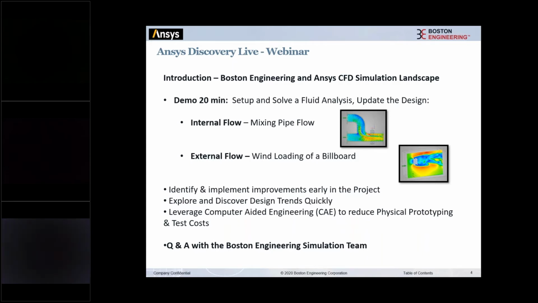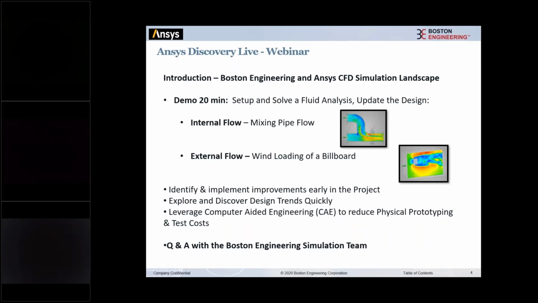A couple of things we wanted to highlight through the next few minutes are exactly what the advantages are of Ansys Discovery Live, particularly for fluids. If we want to make quick changes up front conceptually, and look at design trends before we start digging into the dirty details, then Ansys Discovery Live fluid analysis is really going to help out.